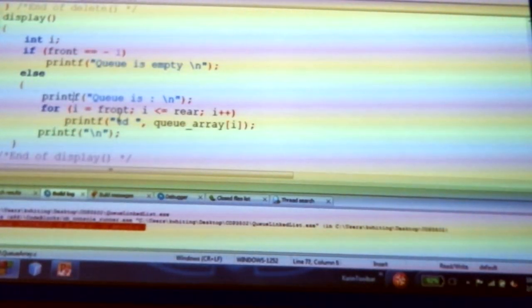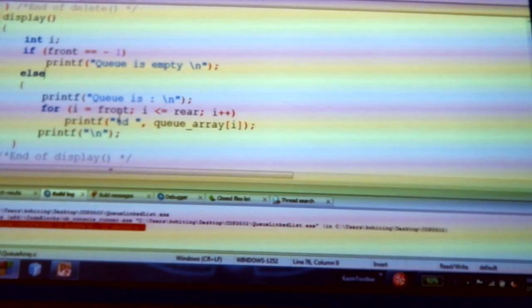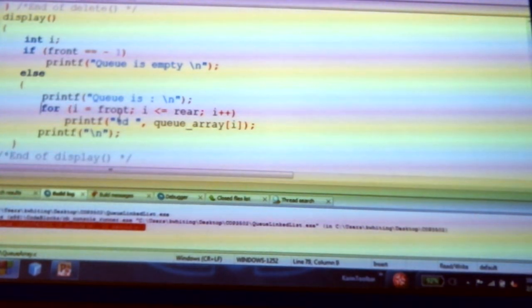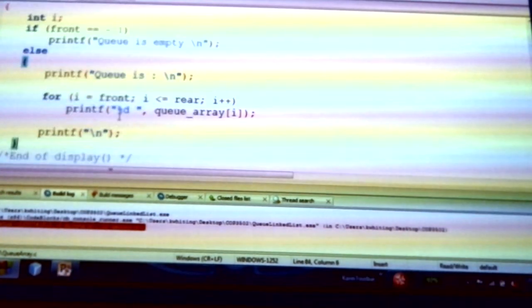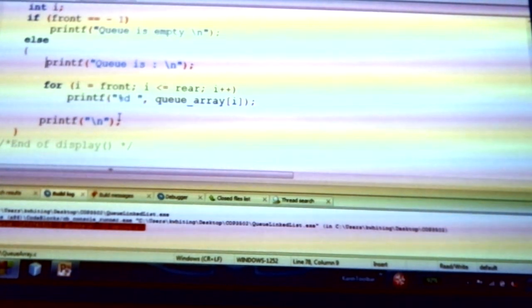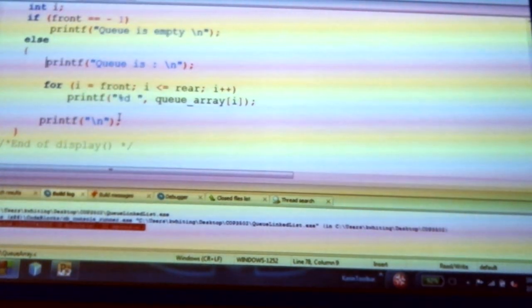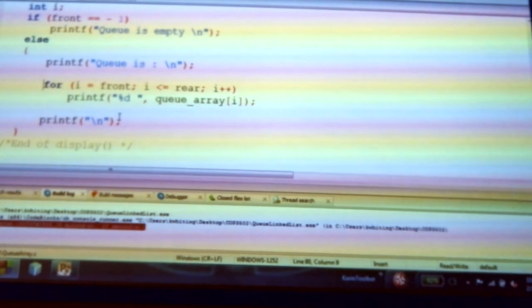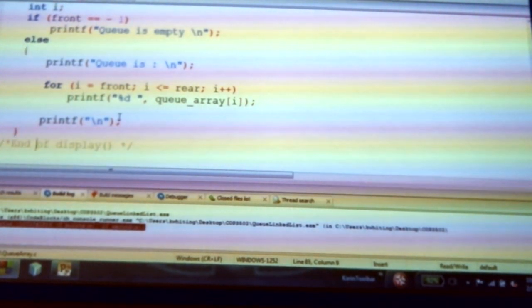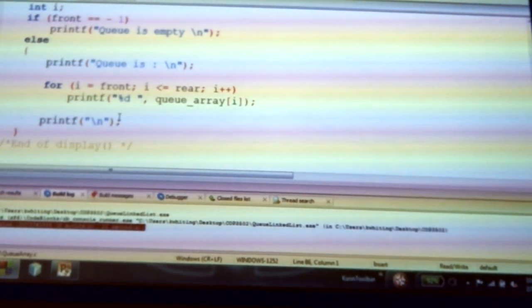So here's our display. Then we're going to check to see if our Q is even empty, because if it is, then there's no point in doing anything. Otherwise, we're going to go ahead and loop through our array, and we are going to print out each value that's in there. So when we actually run this,